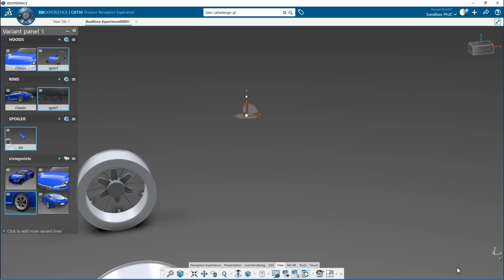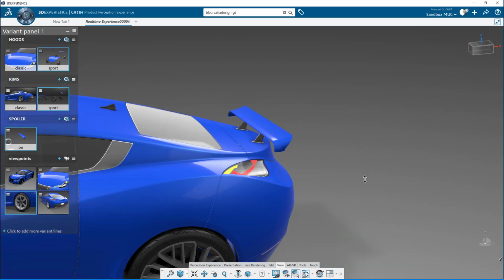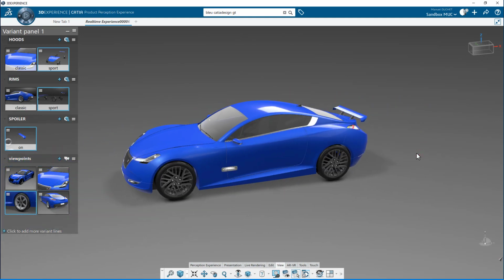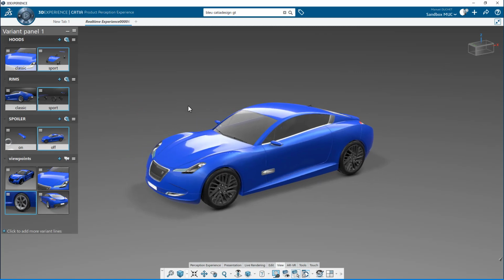So spoiler on. And to create the spoiler off version, I just need to make sure that I have nothing selected. Clicking in the background, pressing escape, as you like. Here I am with my off version on, off. Okay, that's good. The thing is that if I want to switch between the complete GT package or sport package,